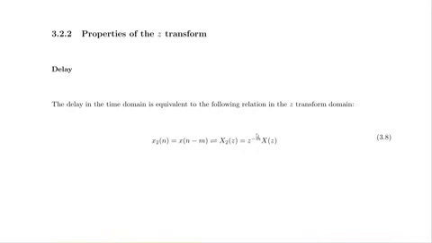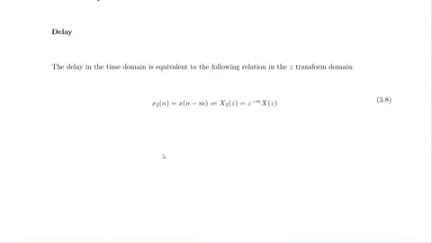So that's the effect. A shift, a delay, will lead to z to the power of minus m times x of z. It means the absolute value of x of z will not change, but the phase will change